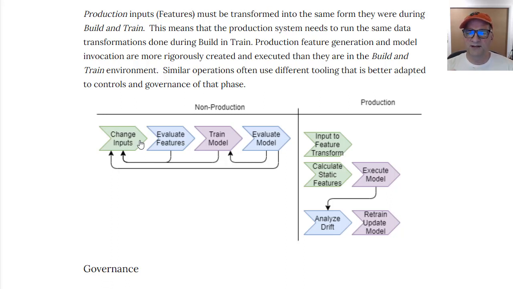And then on the production side, you've actually got the model that you trained. So you trained the model and then you executed it to evaluate it on the non-prod side. I should put that in. The execution part happens on the production side, but what it means is there's two inputs to the model,